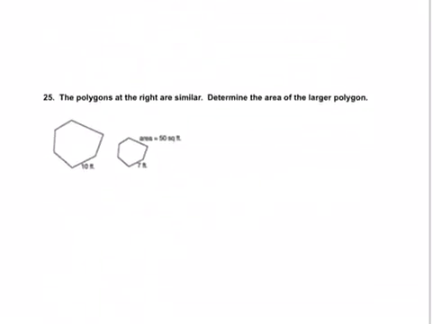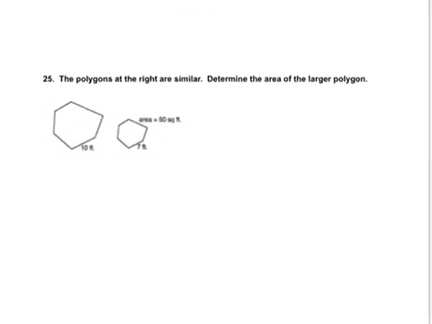And the last two problems, the areas of the two similar polygons are given. Determine the value of x. So both of these are given in area. So I would say 72/50, and that's big over small, is equal to, since this is an area, I have to make sure when I write these down they are also an area because I want them to be equal. So x squared, because I have to square my side length, over 7 squared. So I'm going to cross multiply. So I have 50x squared equals